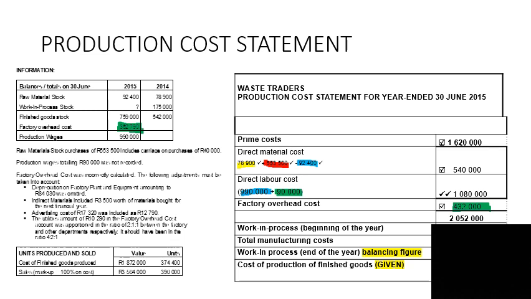2,052,000. Then from the question, we were given opening stock of work in process. We are going to add 175,000. Then we do not have closing stock of work in process, which means the logical answer to calculate cost of production of finished goods does not apply. What we have to do is now to go and check